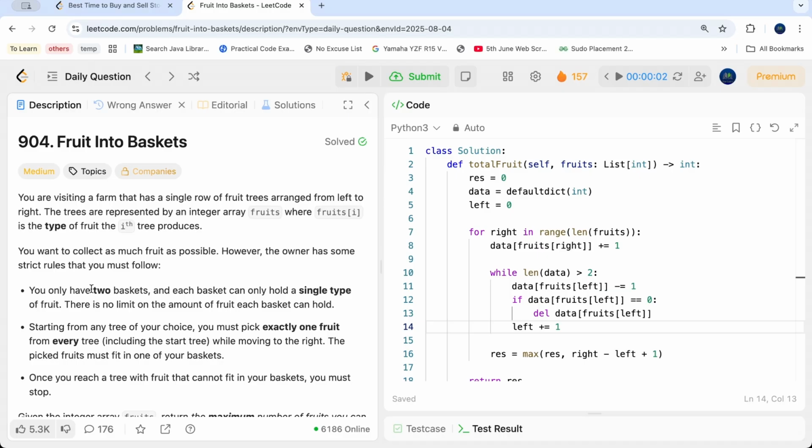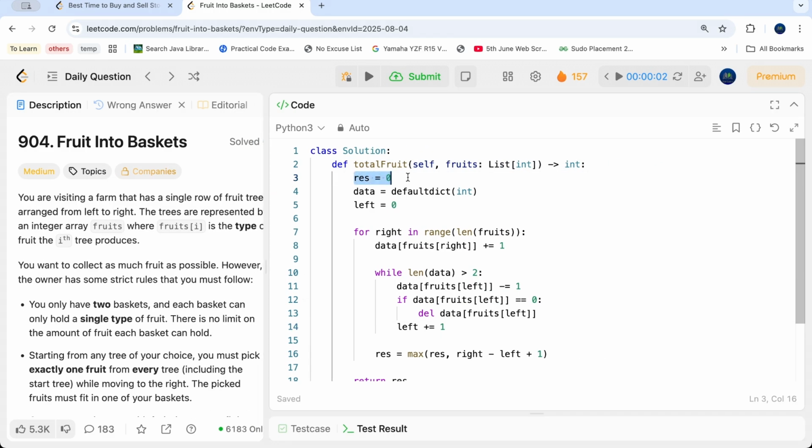using Python. So first of all, what we have is a result variable which is equal to 0. We will store our answer in this particular variable. Then we create a defaultdict called data, basically our map, in which we are going to store the data of every subarray we will create, or basically every window. And then this is the left pointer of the window, which is 0. Then we just run a loop in our fruits array, for right in range of length of fruits,